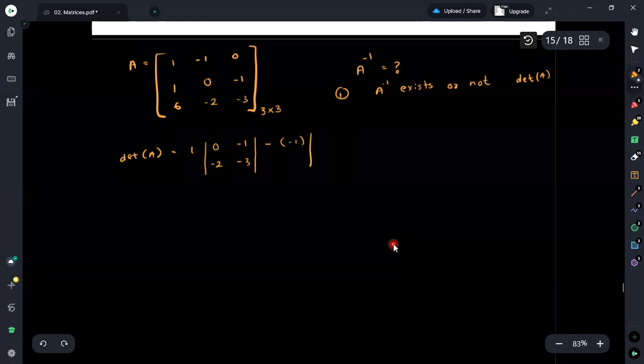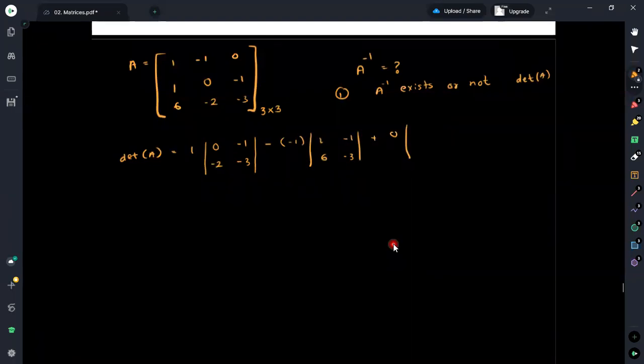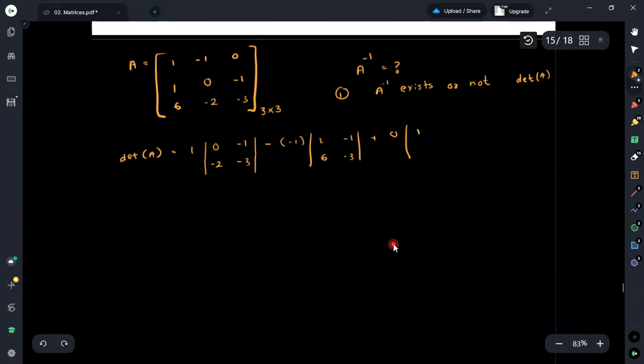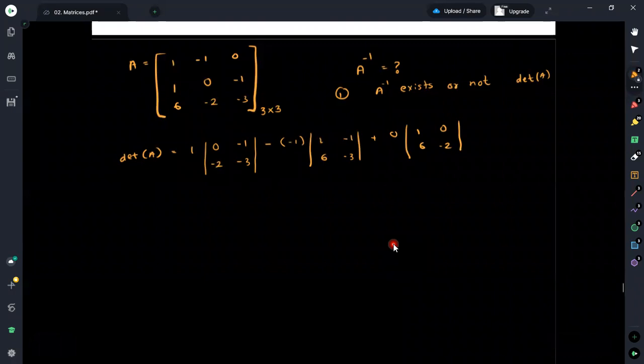Then if you cut down the row and column, I will get the remaining values as 1, minus 1, 6 and minus 3. Then using a plus sign, we connect the values, then 0 times, we have to cut the row and column accordingly, and we get the values as 1, 0, 6 and minus 2. Therefore, this is how we are obtaining the determinant for this matrix. And then